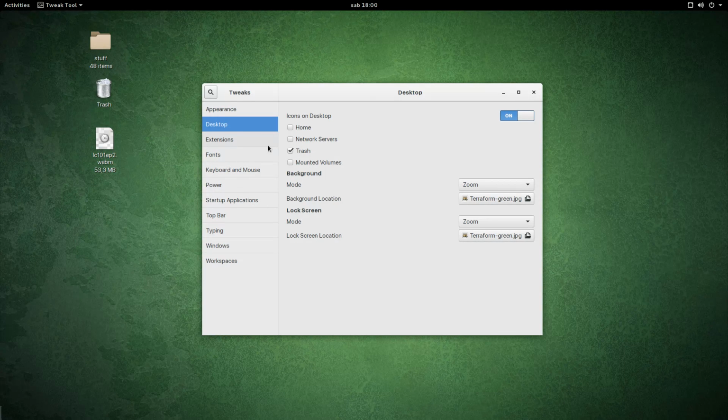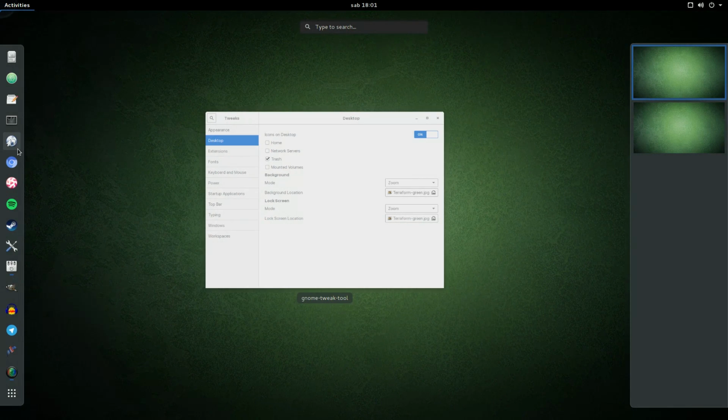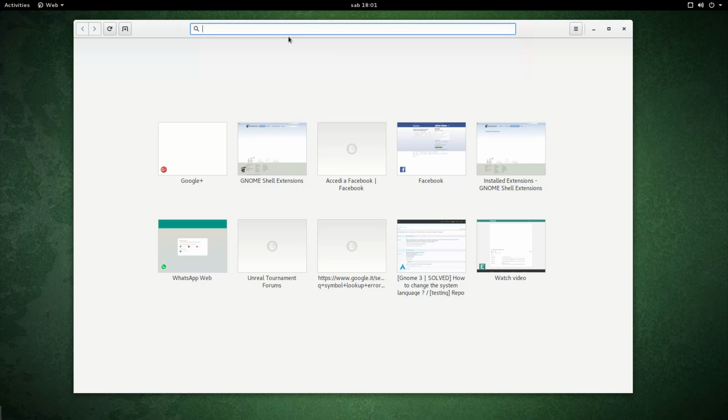So the next thing we're going to do is enable some extensions. So let's keep GNOME Tweak Tool here for later reference. What we have to do now is open a web browser that is not Google Chrome or Chromium. We can use either GNOME Web or Firefox. I'm going to use GNOME Web for this example, and get to the